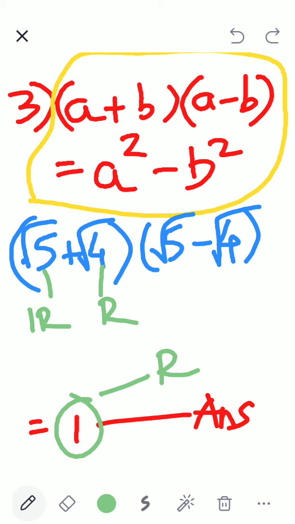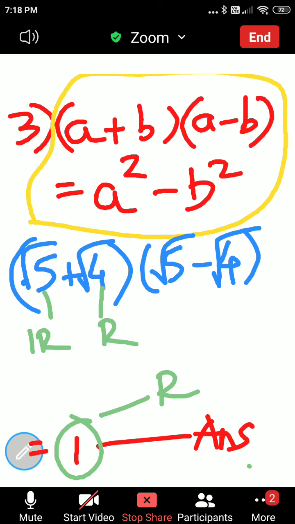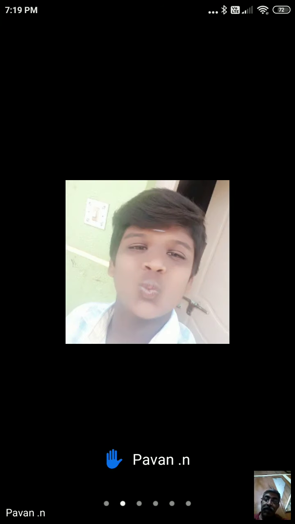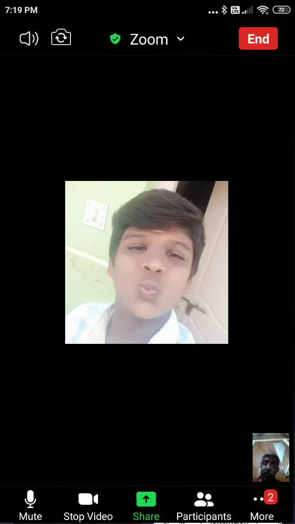So this is what identities are, and this identity is very important. Learn these three identities by heart. There is no option but to learn them by heart. Clear? If you want to understand the concept of these identities, we can have a separate class. But here now we don't have the time because wait, child, wait. Okay, so let me just first now stop.